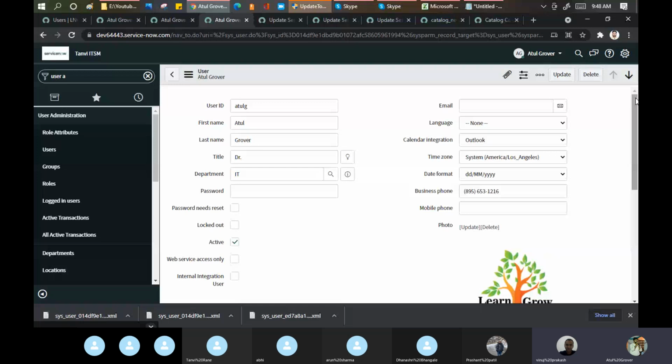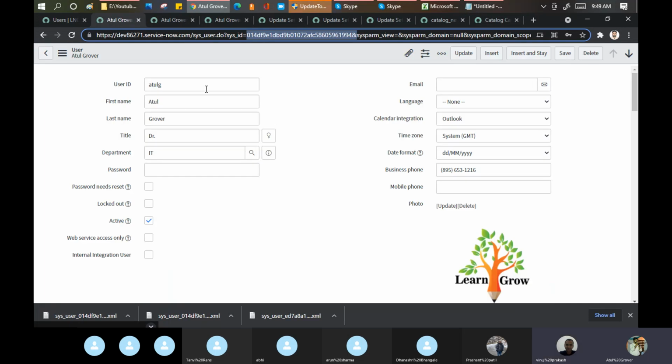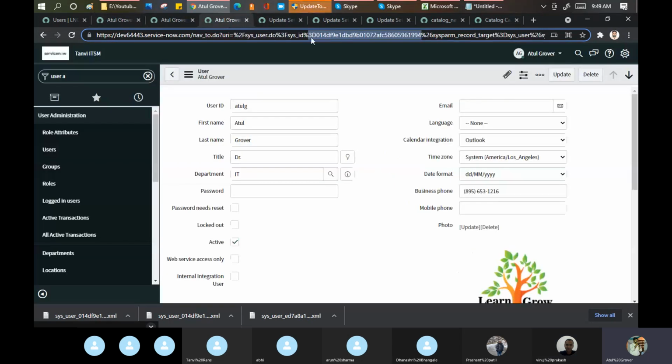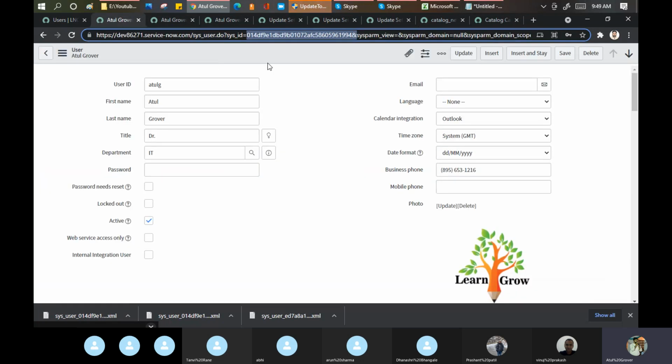Yes, Manoj, you can put your question. Okay, but this sys ID is system generated. So how did you change it and make it the same? I did not change it. I'm not sure why it was showing like this. Atul Ji is there. It's showing me two different ones, 014D. Sorry, this is fine. I'm picking up the wrong one here. See, the sys ID is the same here, 014D, 014D.